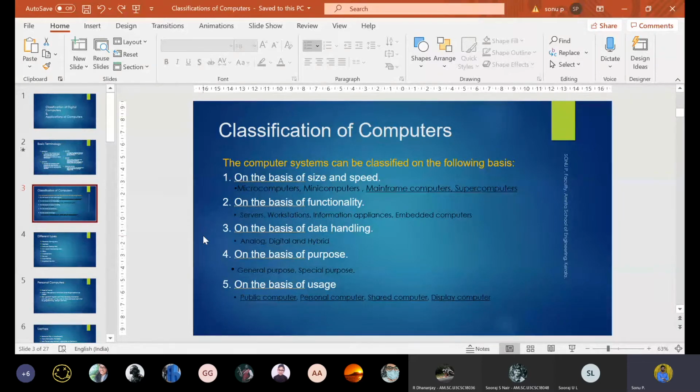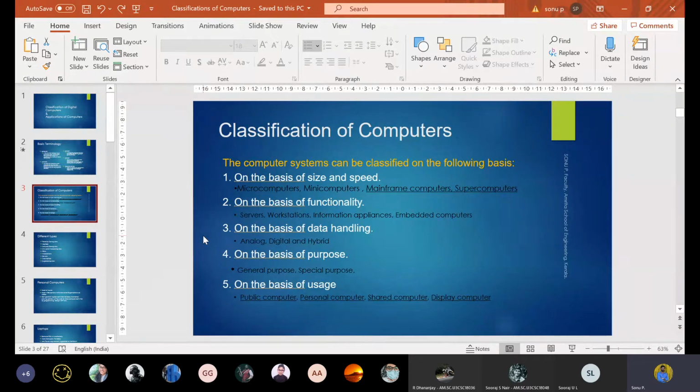One of the important aspects is an accurate result, and it will operate without any deviation from the result. That way it is called a digital computer. And in some other application areas we use hybrid computers, where we take the advantage of both analog and digital.